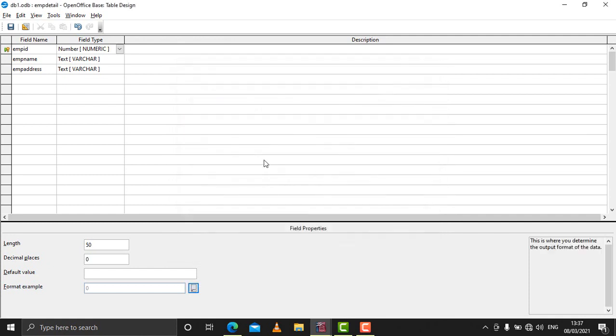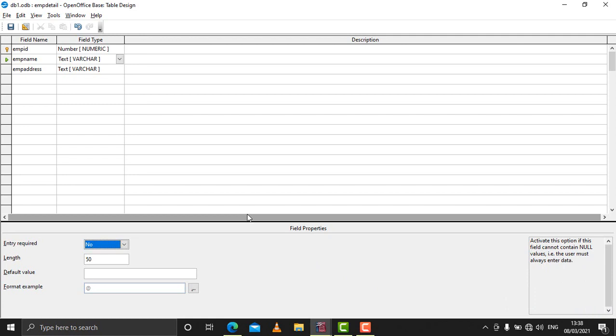And we have one more property that does not come for primary key. If you click on the second field, you can see one more option comes here, entry required. It says no. So it has yes or no. If you click on yes, that means the user has to enter the record in employee name, he cannot skip. And if he sets it as no, then it becomes optional. If data is not entered in employee name, we can continue with entering information in other cells. So these are some of the properties with which we can control the appearance of the data.